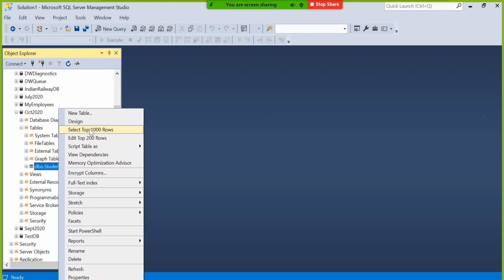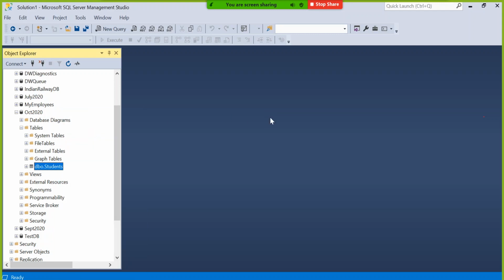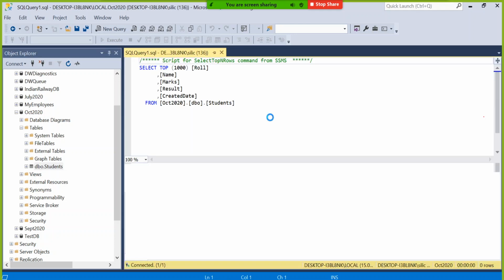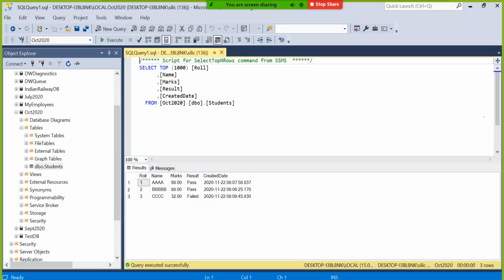So right click here and say select. Select is for fetching and displaying, edit is for entering or editing the data. Have a look. Roll number and name we didn't enter, but it took automatically because we have defined the respective constraint for both of them. Okay, so some special feature about a field is called constraint in technical terminology.